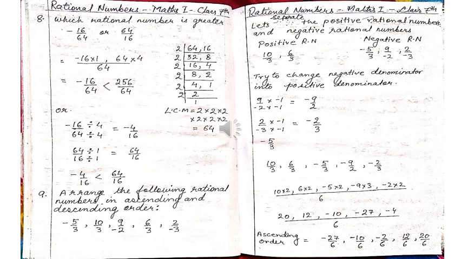Try to change the negative denominator into a positive denominator. Then 9 upon minus 2, multiply both numerator and denominator by minus 1, and it will turn into minus 9 upon 2. And for 2 upon minus 3, multiply by minus 1 on both ends, and it turns into the numerator as negative and the denominator as positive. So minus 2 upon 3, and minus 5 upon 3 you do not have to change,